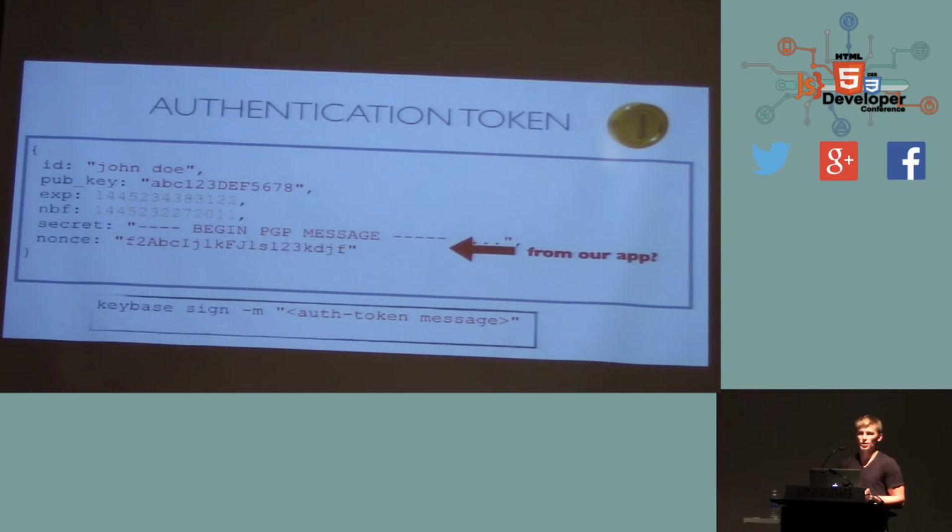Next is kind of the more interesting part, is we can have a secret in here. And this secret could actually be, we can set for ourselves because we can do KBPGP encryptions and key generations both in Node and also in the browser. We can have our application have its own key pair. And so what we can do is to make sure that Alice knows that she's using the site that she thinks she is,